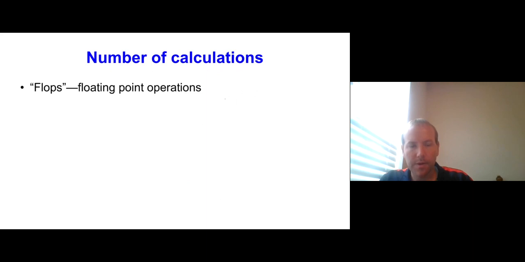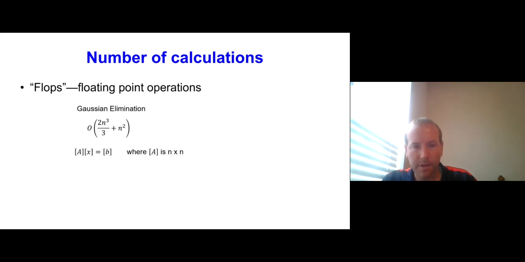So another important concept is this idea of flops, or floating point operations. One of the ways you may have heard about flops before is that they quantify how fast supercomputers can go, as in how many flops it can compute over a given time. And so for Gaussian elimination, the number of flops or operations needed to perform that is given